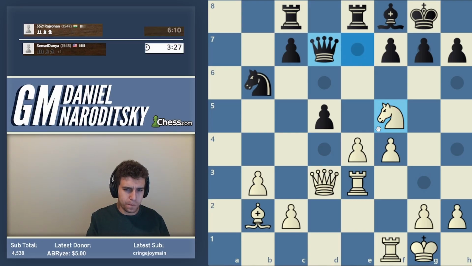Queen d7. Okay. Now, there are multiple ways that we could win this game. Multiple. And there are several tactical approaches to take here. But let's try to play in an aesthetically pleasing way and in an effective way. So, I think you guys might be a little bit overwhelmed by the abundance of tactical ideas available to us